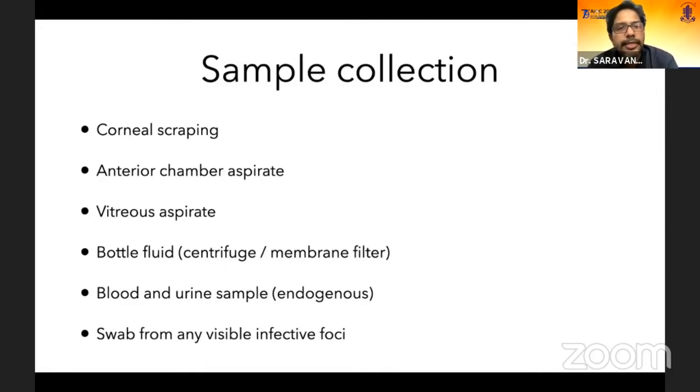And once you have this, then you can go for sample collection, which can be, if there's a corneal involvement, you can always do a scraping with a Kimura spatula and then put it on a plate and try to identify immediately what the organism is. If the cornea is clear, then you want to take the anterior chamber aspirate. Vitreous aspirate has the best chance of localizing the organisms compared to anterior chamber aspirate. If the vitreous is involved, the best option would be to go for a vitreous sample. Some people have tried centrifuging the bottle fluid also. And if there is endogenous infection involved, then we have to rule out any source of infection from the urine, blood, or sometimes from an abscess in the skin, or post-surgically if you have some pus collection in the surgical field.